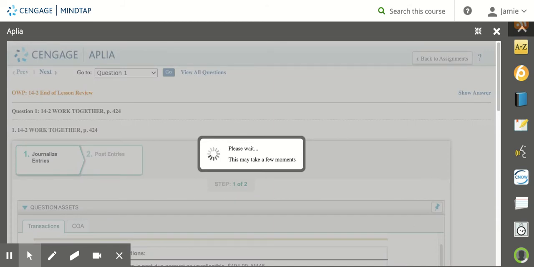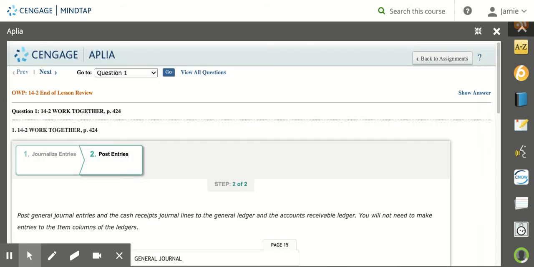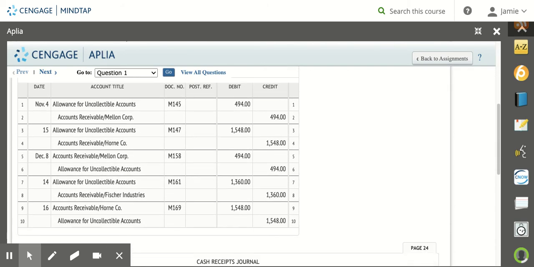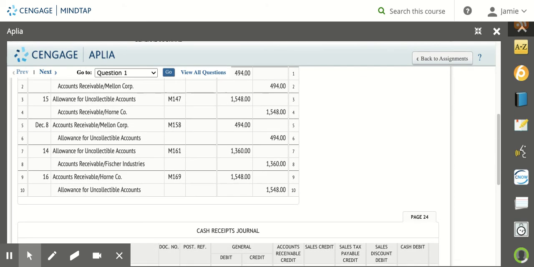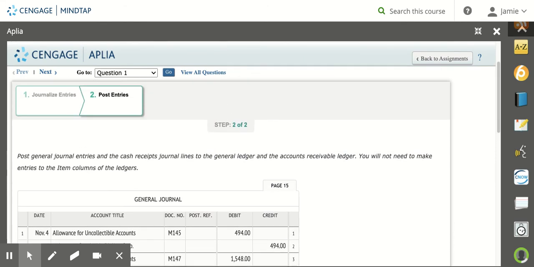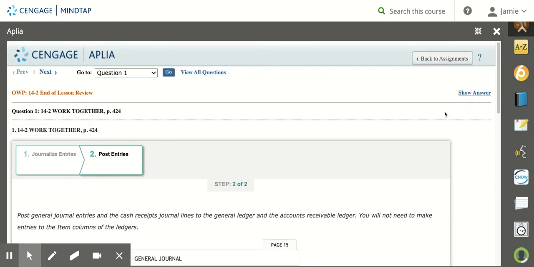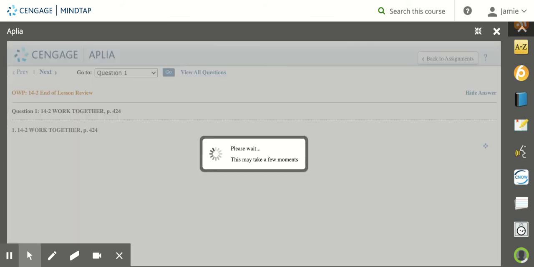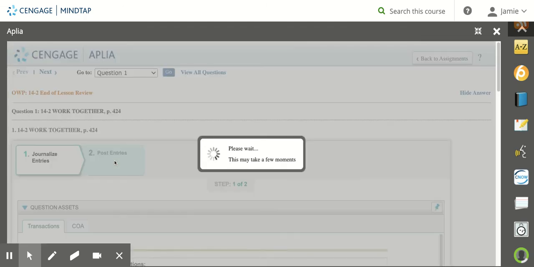The next step for 14-2 is to post all of those entries. So we have posted, so I'm not going to go through and post everything, but one thing to note is that you are going to zero out some balances, but you do not need to write a line like we do. You will just put a 0. So you'll see here